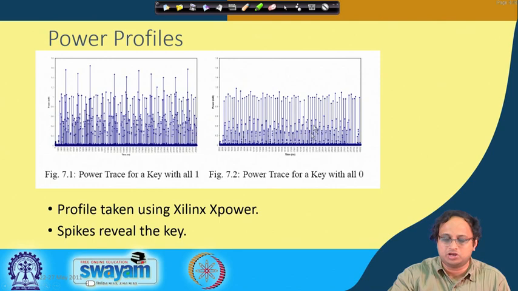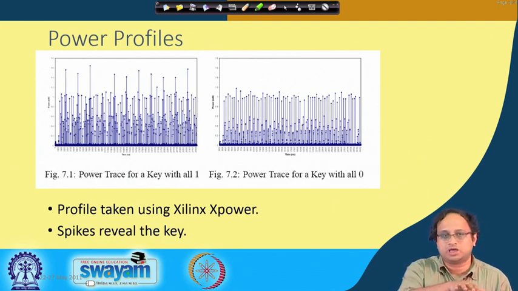Here I am only doing doubling operations, whereas here I am doing doubling, addition, doubling, addition, doubling, addition, and so on. Now you can see that there is a distinction between these two power profiles. You get spikes here, and these spikes are additional power consumptions due to the successive ones that you have in your secret key bits. Clearly, just by seeing the power profile you can distinguish between these two keys. And that essentially is a leakage, because ideally the power trace should not speak anything about the key. It should be silent about the key. So immediately you can understand that this is a vulnerable design.